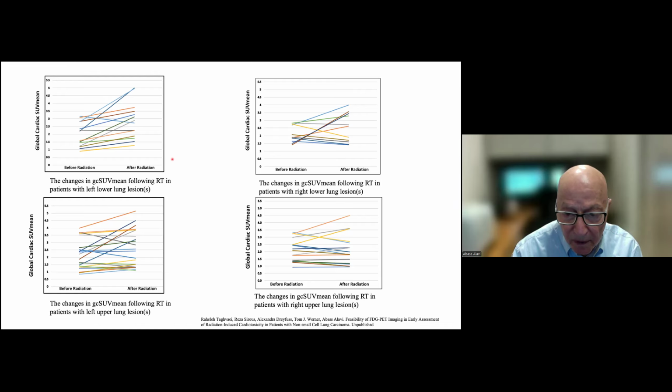So if you are radiating, definitely left lower lung cancer, and even left upper lung or right lower lobe, you're going to see significant inflammation, which eventually leads to atherosclerosis, and of course, that's a major complication for radiation therapy